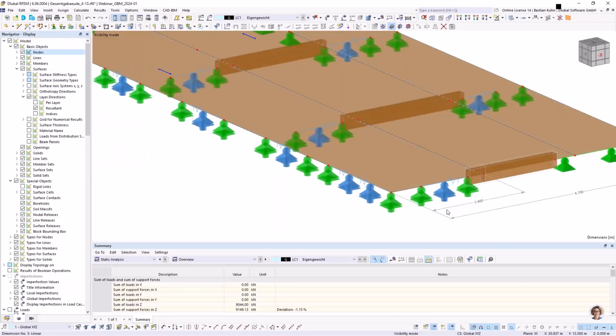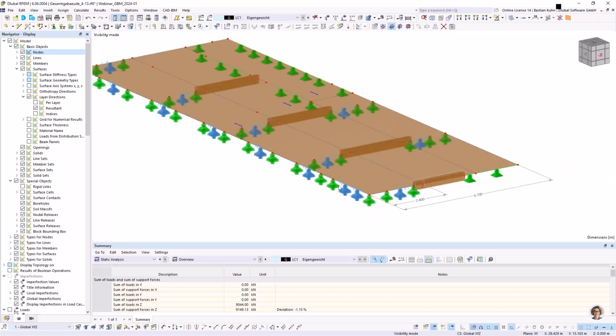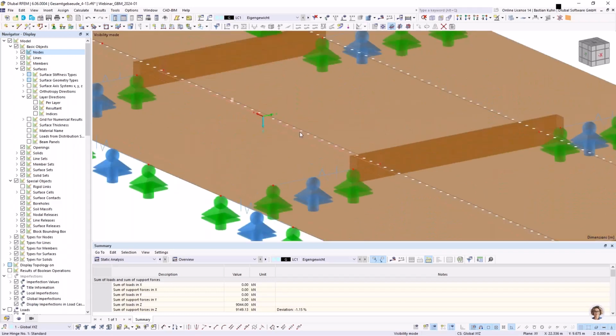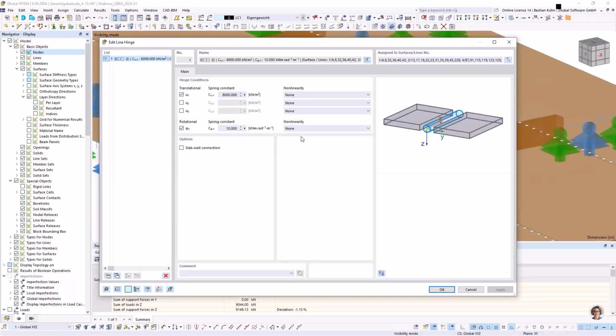So each of it has a length of 2 meter and 40. And this is because it would be possible to produce a CLT plate with a length of 6 meter 70, but it would not be possible to bring it to the assembly, to the building site. And that's the reason why in practice this is always transferred into several pieces. And in order to regard the connection in between, I modeled here a line hinge, or this is also in the original model that you can download in the customer project from our homepage, here with the stiffness that I